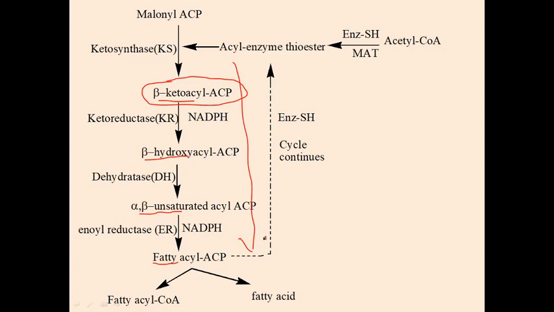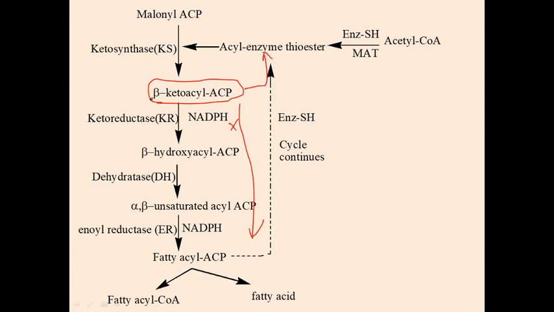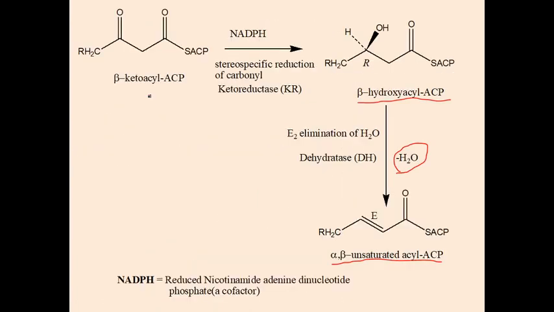But in some cases, if the plant has to form aromatic compounds, if the microorganism is intended to form aromatics, then what will happen in that case? After formation of this beta ketoacyl ACP, it will not go further. It will not go like this. The cycle continues from here, and further 2 carbons are added, and again poly beta keto ester will form. Again 2 carbon units are added. Again 2 carbon units are added. Again let's see this with the help of the reaction.